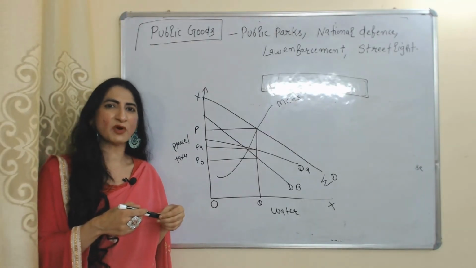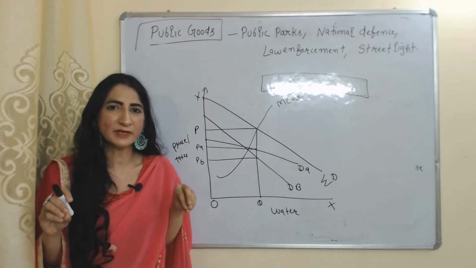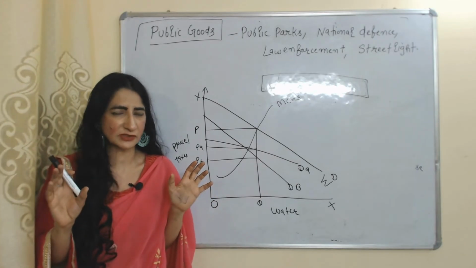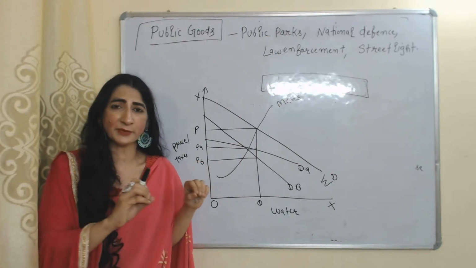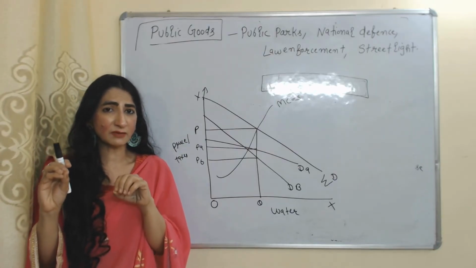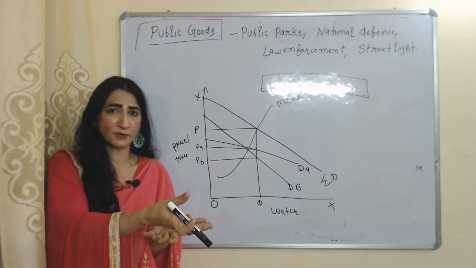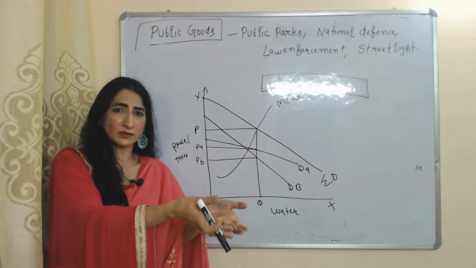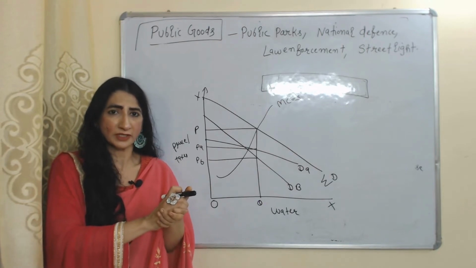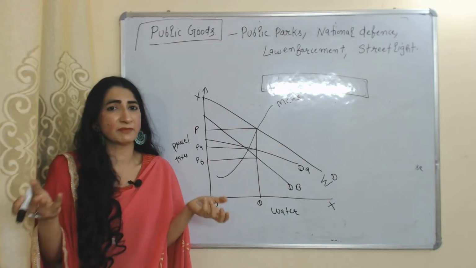Now we will see diagram of public goods. In case of public goods, market fail because public goods are free of cost. People don't value it. They start using wastage of resources. Second thing, there is price discrimination. Price discrimination is not bad thing, but price discrimination can become cause of wastage of resources. For example, government is charging very less price for water for someone or giving free water supply. In such a case, person will not value it. They start using wastage of water. So we are doing wastage of resources. If we are doing wastage of resources, then obviously your market will fail.